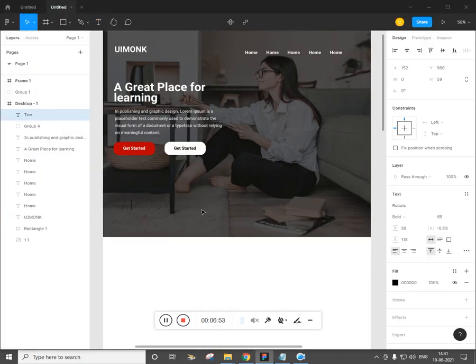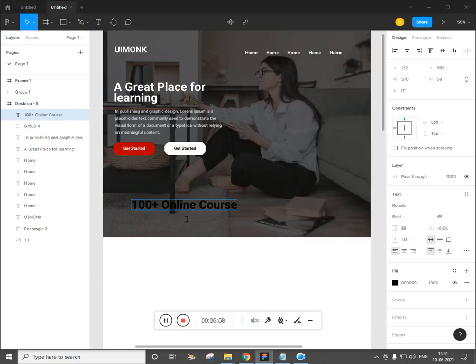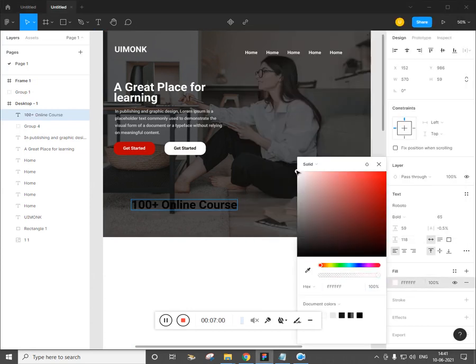First we'll type text and give the text. Let us make this white. Select all and make it white.